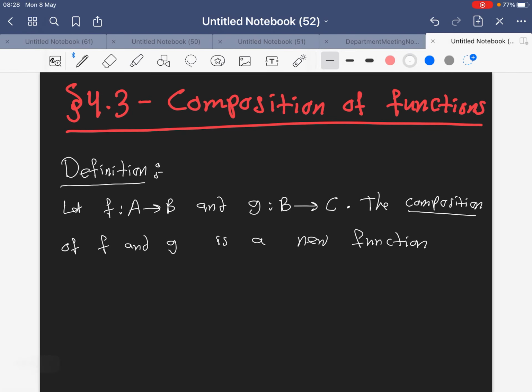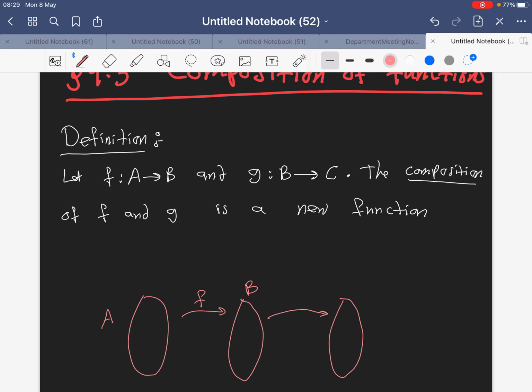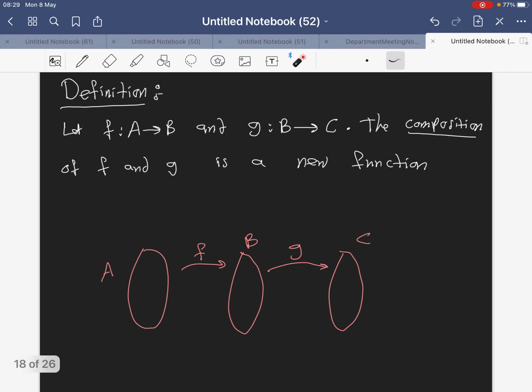Welcome back to chapter 4, where we will talk about the composition of functions. So today in section 4.3 we will talk about two functions. The first one's from A to B and the second one from B to C. So if we do it as an arrow diagram, this is what we will get. This is A, and the function f goes from A to B, and the function g goes from B to C. Now, the composition of functions is a way to go from the first input to the last output through